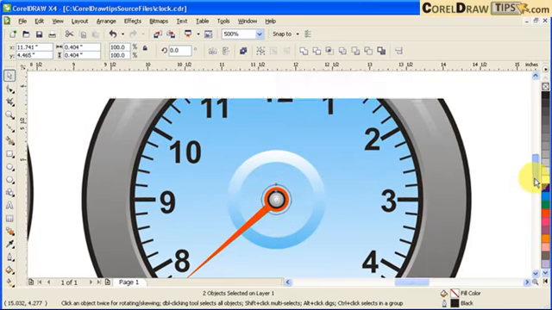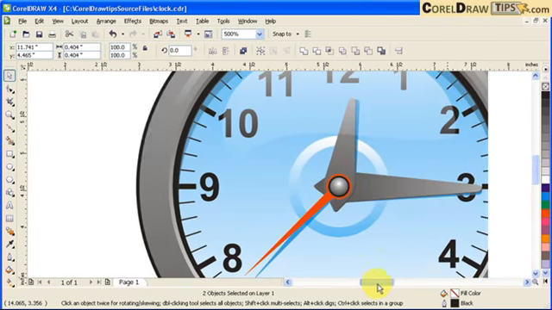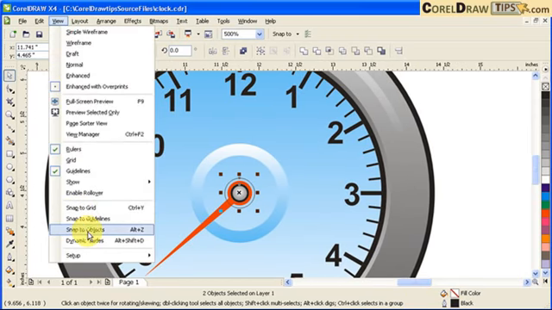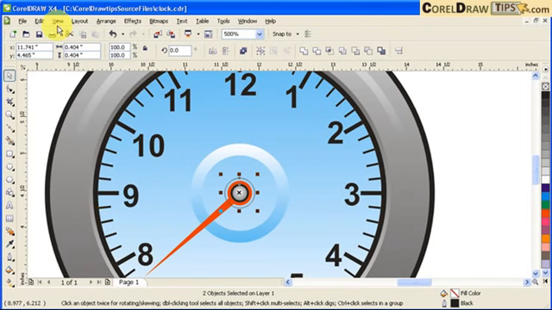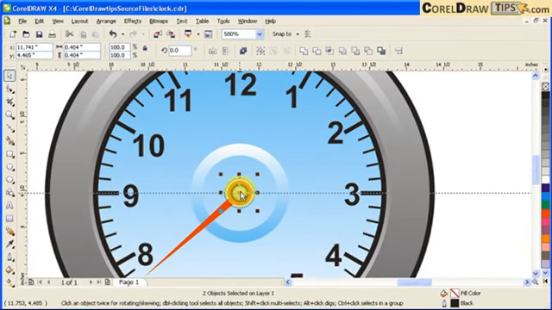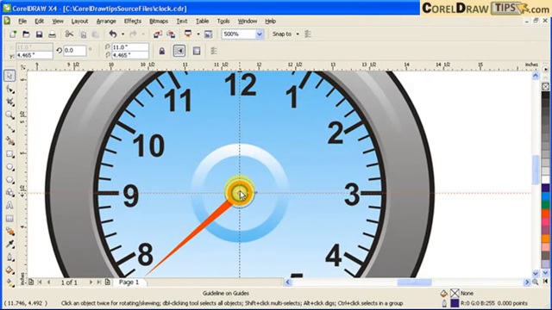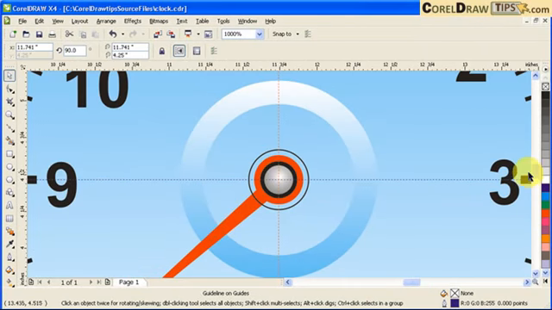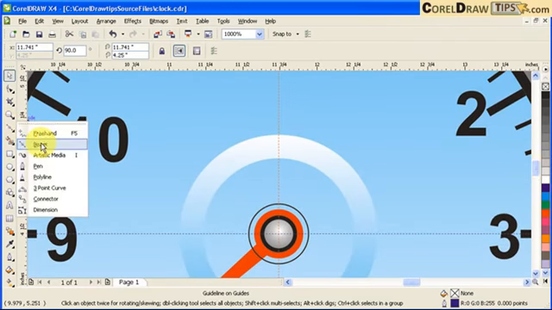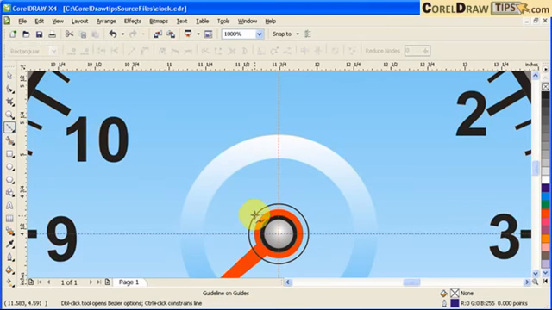Okay, so if you look at this one, yeah, so I'm just gonna make it smaller a bit. Okay, now I have to get the center of that. So if I go back to my view, snap to guidelines, and actually I have to make it snap to objects too. And I'm gonna grab a guideline and then click on there, grab the outline, click on there again. So I know that I am in a snap mode. So I click on my Bezier tool,